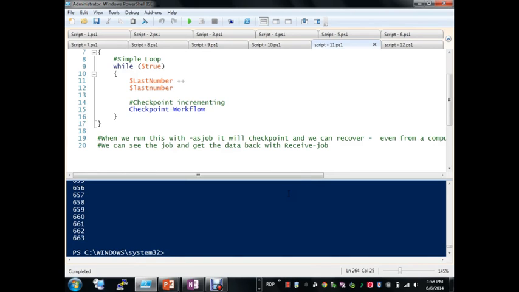It's probably over 1,000 by now. No, not yet. Wait for it to get to 1,000. You can see that it takes a minute or two for it to get there, right? Okay. Now,